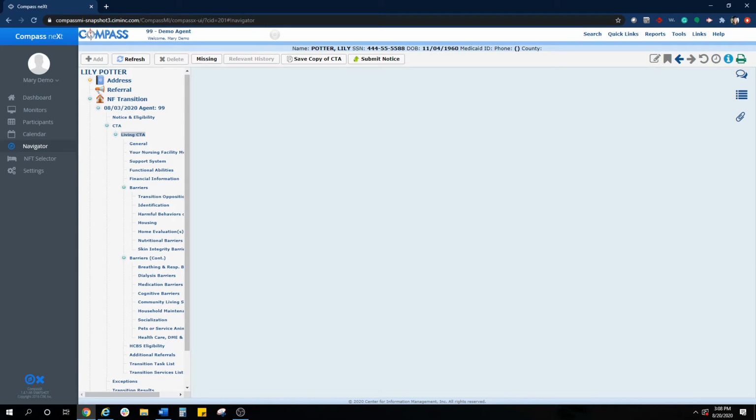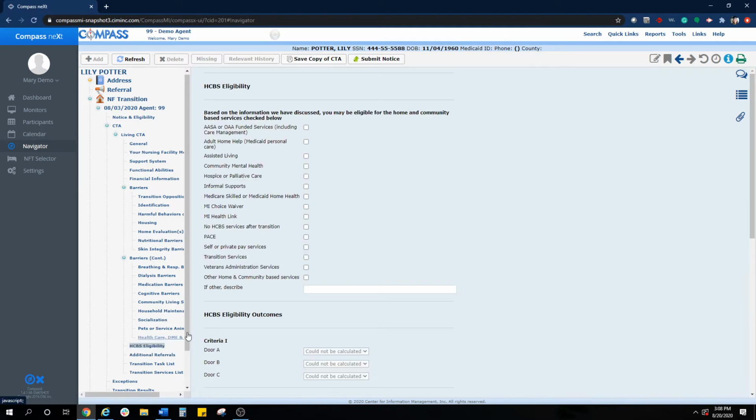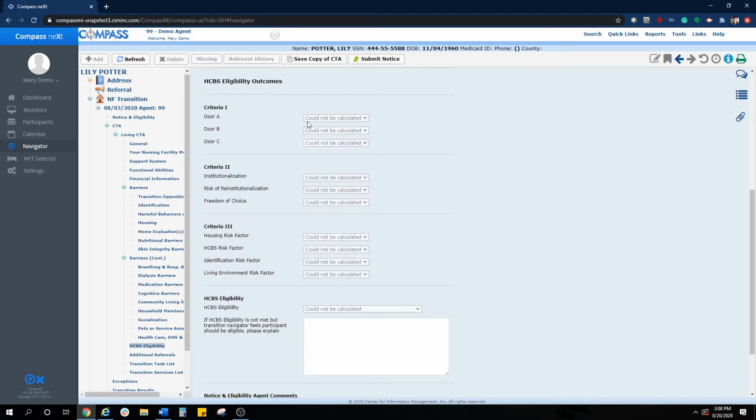So something else I wanted to mention that you would want to do before you would actually submit a notice is check out these HCBS eligibility outcomes. We have these system-generated calculations for each of the criteria and sub-criteria. It's kind of nice that you can get a good look and see where your participant is measuring up in some of these criteria. If you already have a feeling that it's someone that might not be eligible based on the outcomes and you think they are, then it's a really good idea to look at these and give yourself a chance to defend